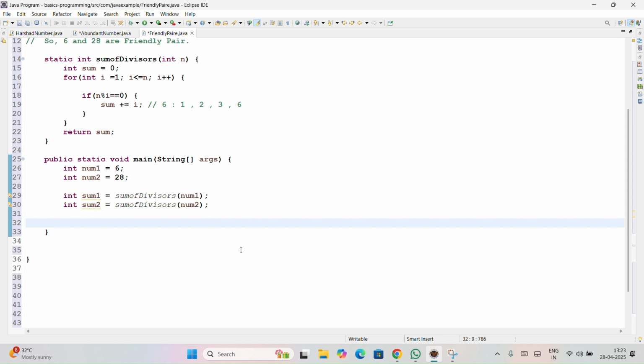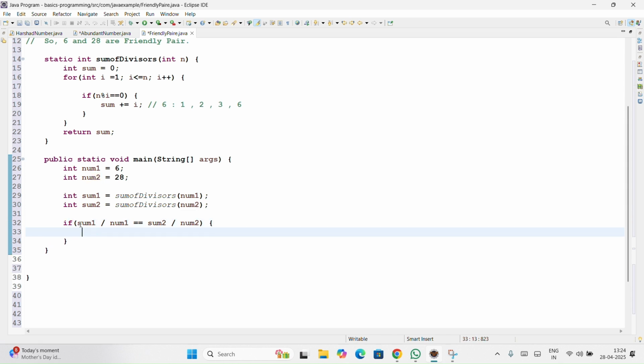So if, not a double, you just need: if sum1 divided by num1 is equal to sum2 divided by num2, then what we have to print out is